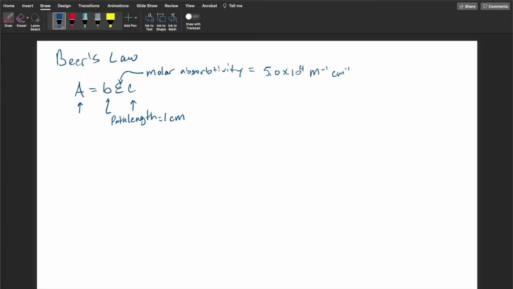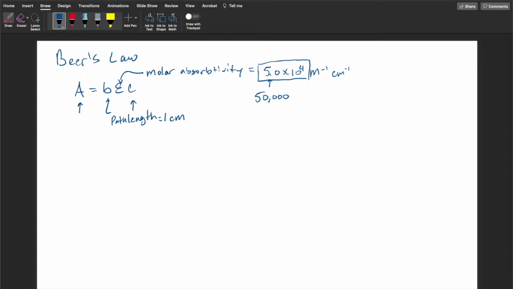So the first thing I would probably do, just to make life easier on you, is actually convert this number here from scientific notation to a regular number, right? And that's as easy as moving this decimal point right here 4 spaces towards the 0. And so you get the number of 50,000. Okay? So that's how you're going to figure out the concentration for each of these